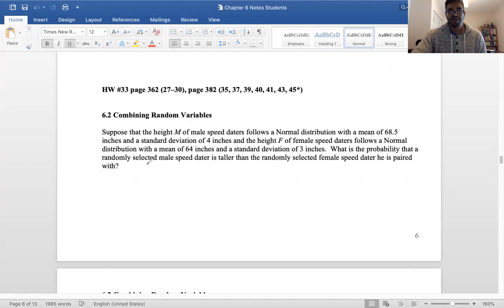And so what's the probability that a randomly selected male speed dater is taller than a randomly selected female? Okay, we have kind of a complicated problem because we have these two distributions. So we have males, and then females a little shorter, so they're going to be over here. Okay, so we have these two distributions, and we want to find the probability that a male is